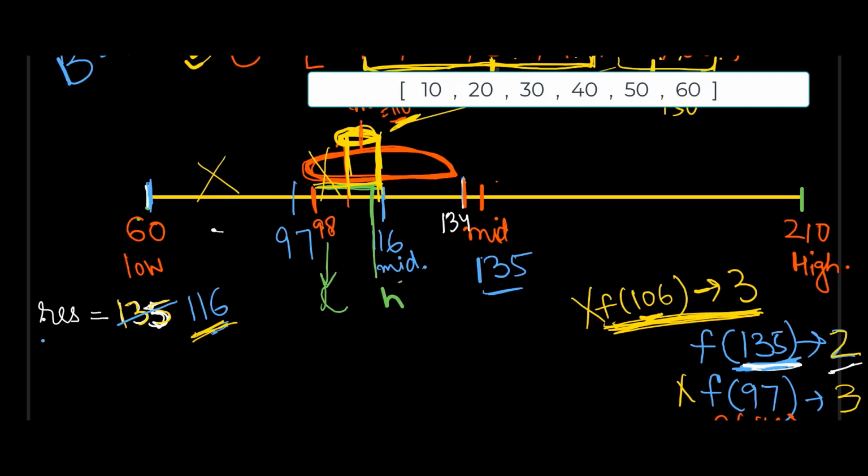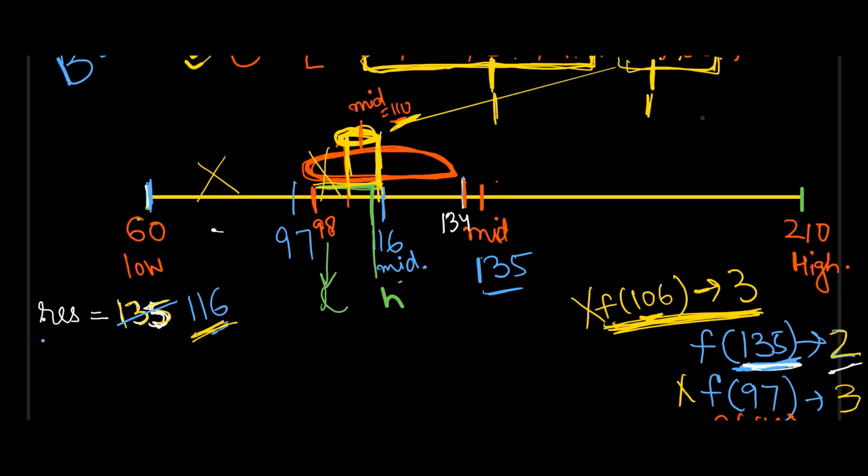That means if I give 1 to this part of board and 1 to this part of board, let's delete this. I can easily say 2 painters are enough for this part. So here my result will be updated to 110. Still, I am tempted whether I can go for less time. So what I'll do, I'll be taking this low